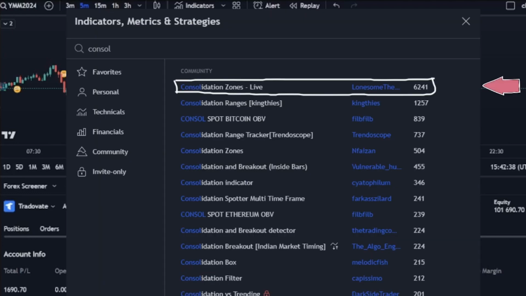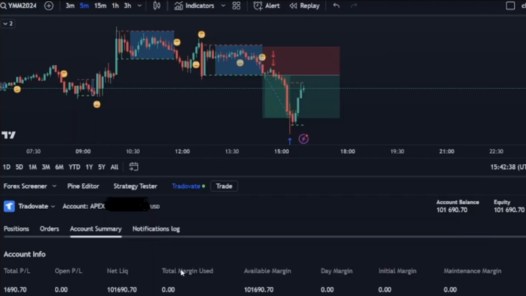I used to really like it a lot, and I feel like lately it's just not quite what I want it to be. But anyhow, if you're interested in it, it is a free indicator. You can pop it on. I do like it on the smaller time frames. Sometimes I'll pop it on my charts just to see if I'm maybe missing something, especially when I'm toggling between really small time frames, like a 1 minute and a 5 minute, which I was on this day. And if I feel like the market in my head is kind of going more horizontal